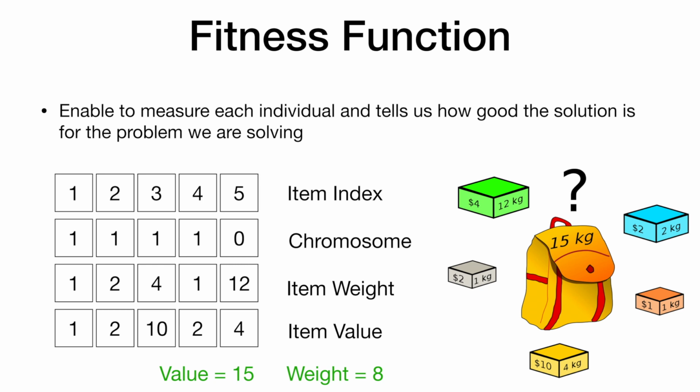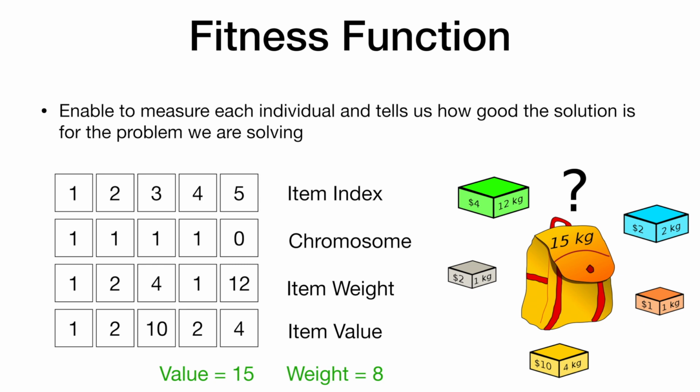So in this case, our second row is our solution, and we used binary values. 1 means that we're taking this thing, and 0 means that we are not taking this thing. The first row shows us the item index, and the third one shows us the weight of items, because as I mentioned, we only keep 15 kilograms. And the last row is a value, and we want to maximize the value of items that we are keeping